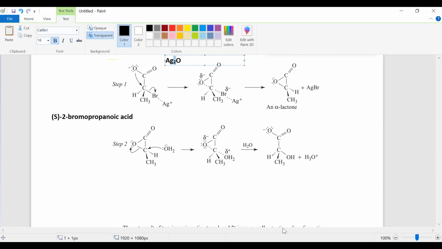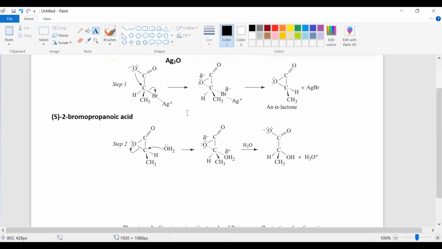And this one actually can form your Ag plus. So it will dissociate, and one of the O will react with water to form your hydroxide. You get your Ag plus. Okay, so once you get your Ag plus,